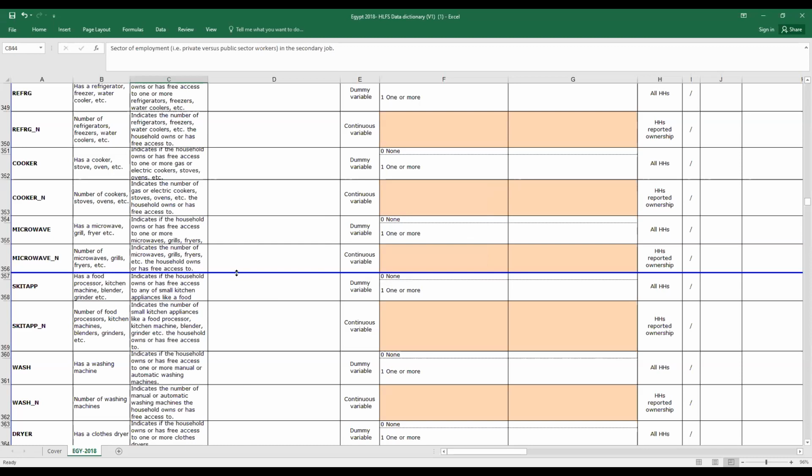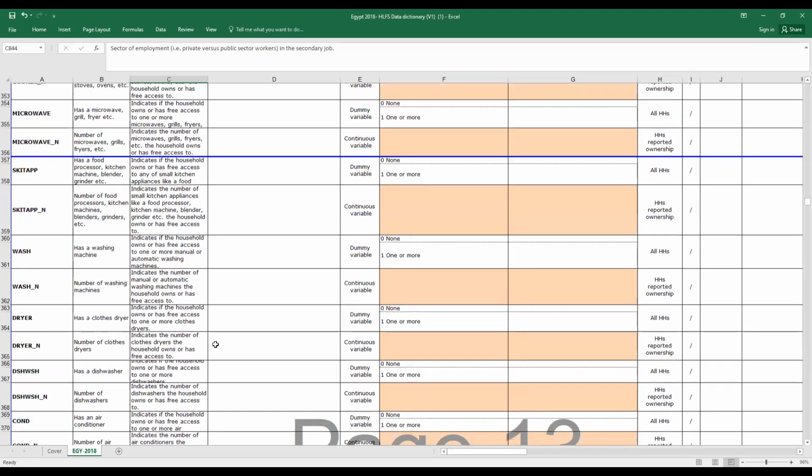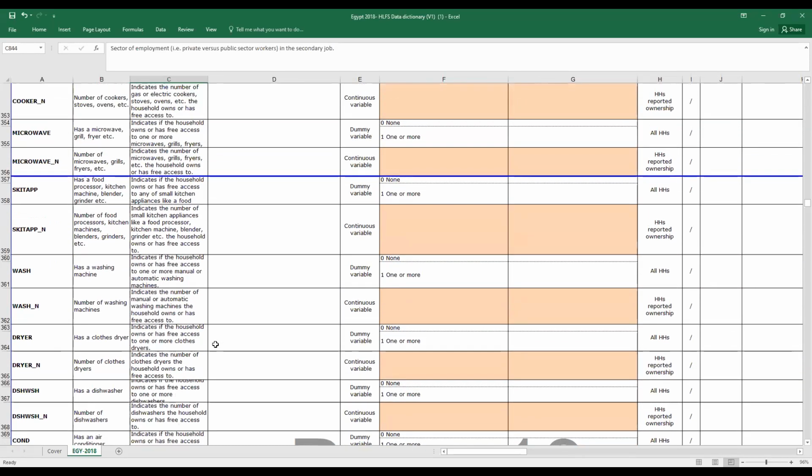Okay. We're going to discuss in more detail which data sets can be used for what. But this is a way to explain the data dictionary. So when you look at the data set, first you need to know how these variables are constructed to make sure that you are using the right one that you have in mind.